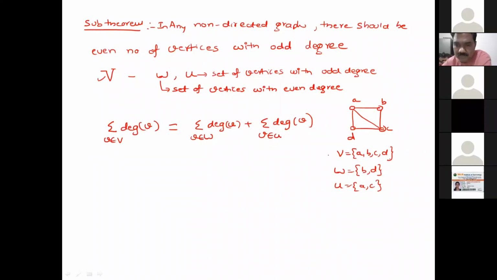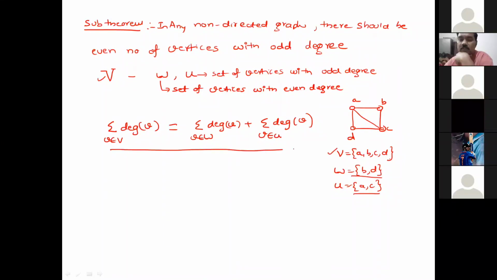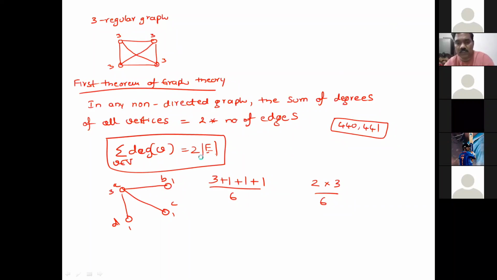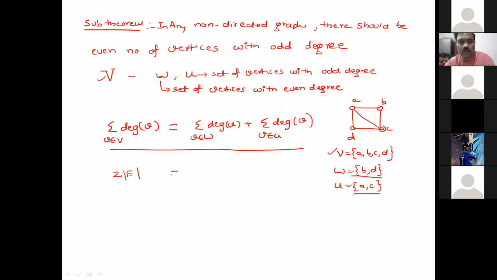Now my point is, the sum of degrees of all the vertices is equal to the sum of the degrees of these vertices plus the sum of the degrees of these vertices. Quite natural, right? Nothing great equation I have written here. So that is the step here. Now coming to the next point, the sum of degrees of all the vertices, just now we have seen, is always equal to 2 into the number of edges. Just now we have seen, right? 2 into the number of edges. Now this is equal to.